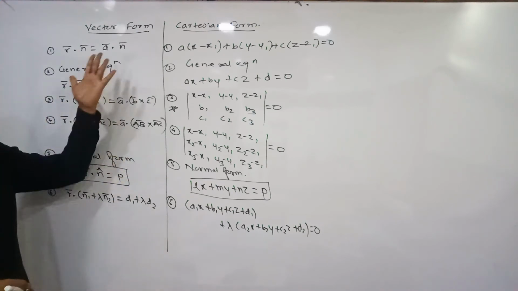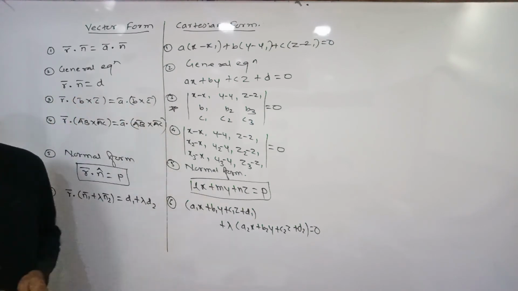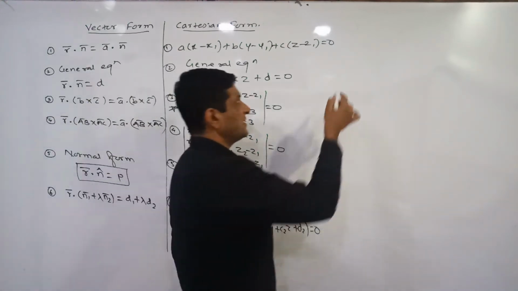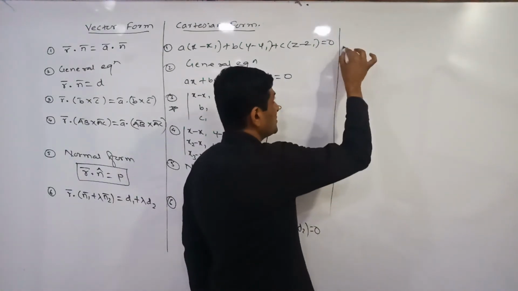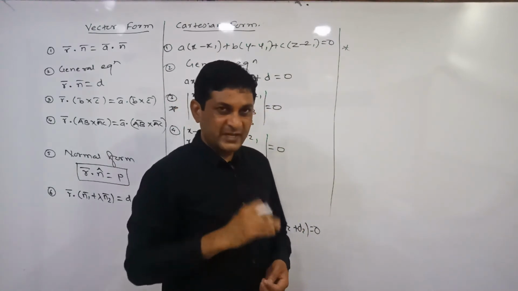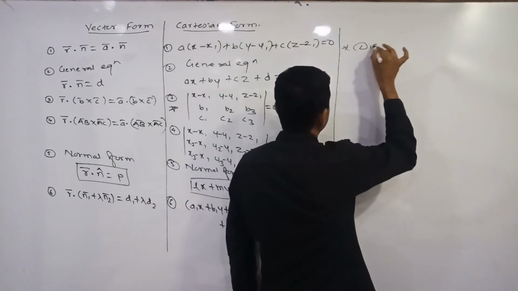Vector form. So all these are nothing but formulas to find the equation of a plane in vector form and Cartesian form. Again, we will discuss a few important results which are not given in the textbook but can be useful for competitive exams. Getting it? So now, the distance of the plane